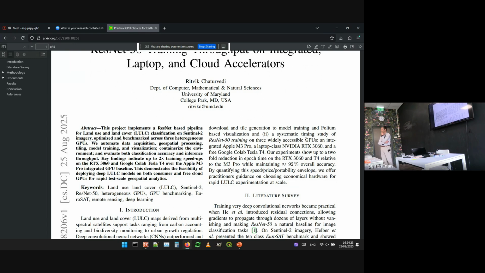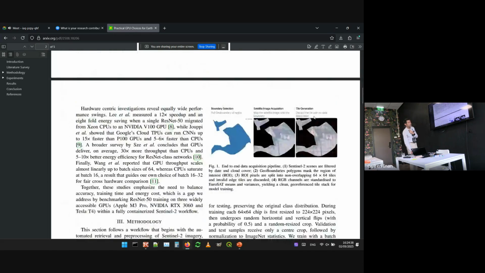Is it available? Doesn't seem to be, right? So the details of the computation are also not available. They say